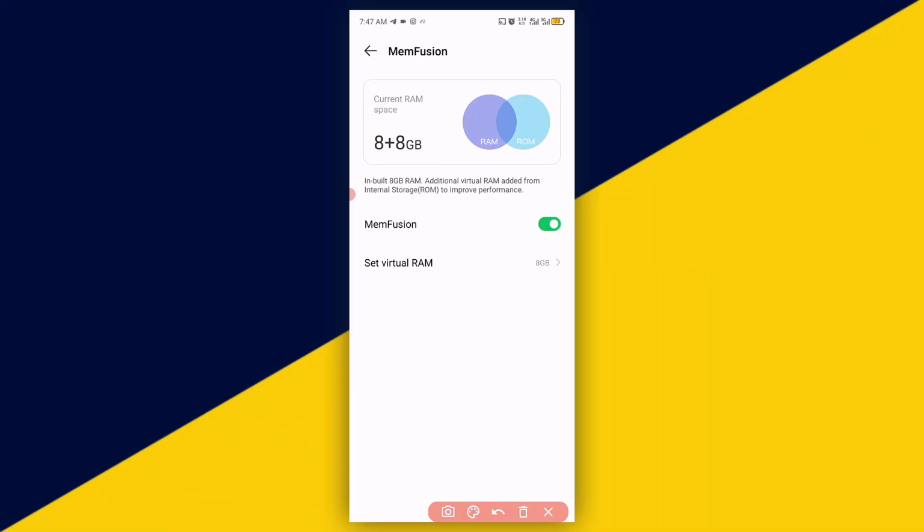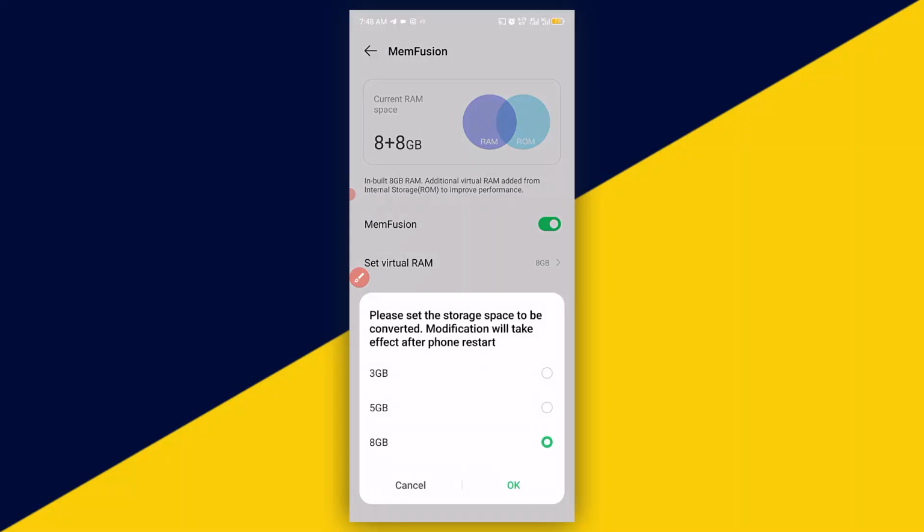And for you to plus your RAM, what you need to do is to go ahead and look for set virtual RAM. And for that, go ahead and click on here. There you see different options right here. Always go for the maximum one, which is exactly what I do right here. Once you select the maximum one, go ahead and hit on OK